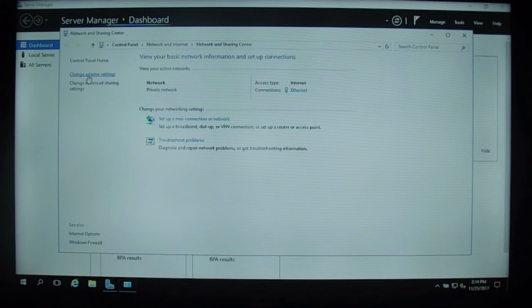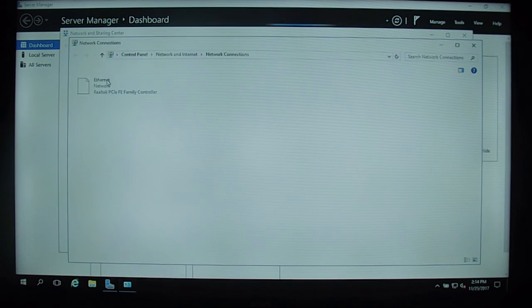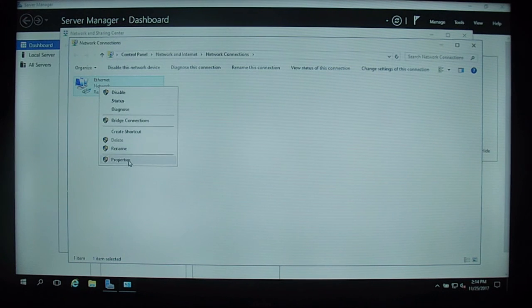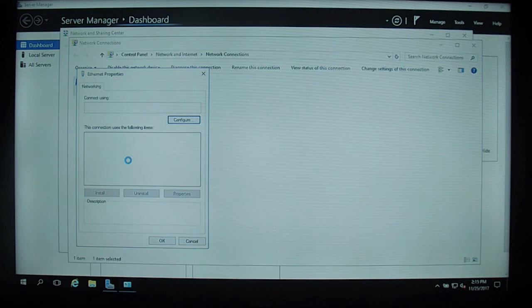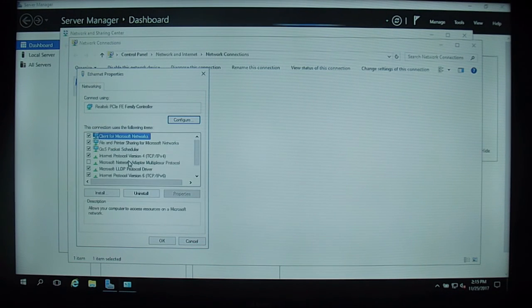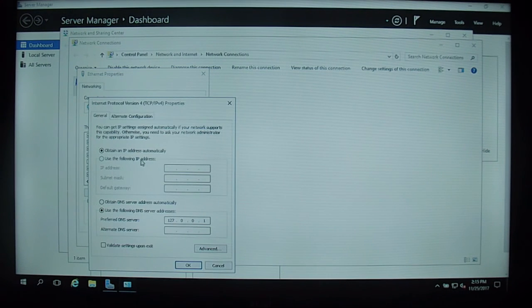If you go to Change Adapter Settings, you will see a network card. If you have two network cards, you will see two network cards. So currently I have one network card, so I will right click on that one and go to Properties, and you will see two versions, IP version 4 and IP version 6. Normally we use the IP version 4 protocol, so I'm going to select that one and use the following IP addresses and type